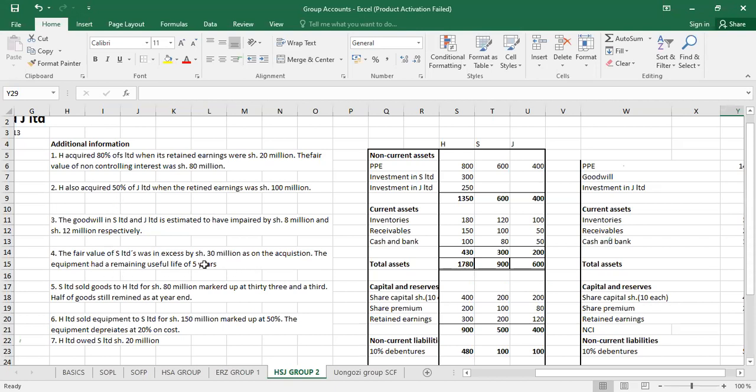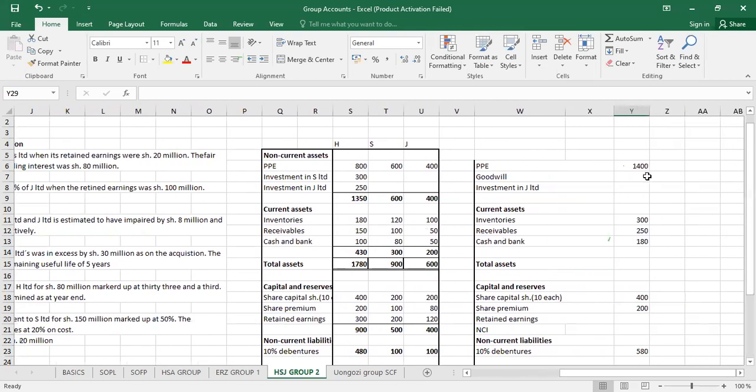So the fair value of S was in excess by 30 million on the acquisition. As you can see in the question, we have not been told the fair value of NCI. We have just been told the fair value of net assets was in excess by 30 million. So it means it's the partial method. Here goodwill equals the cost of the investment in S minus